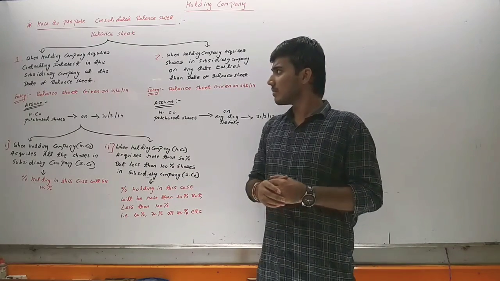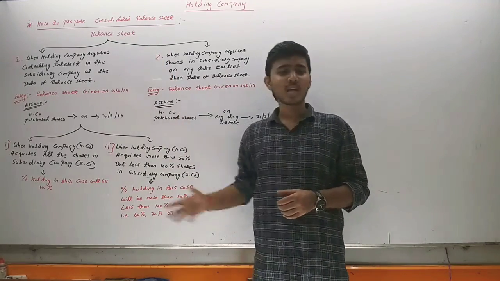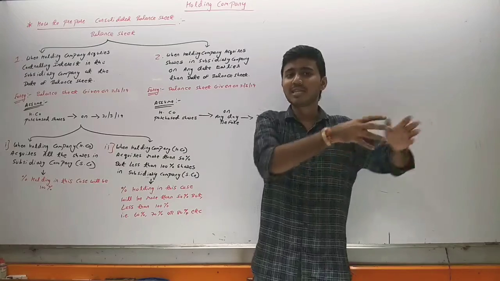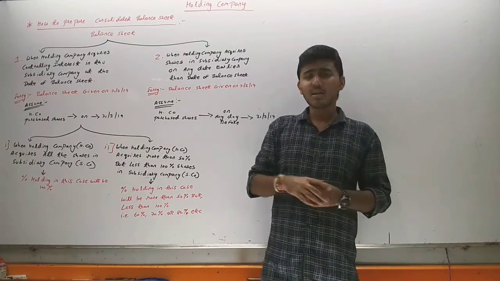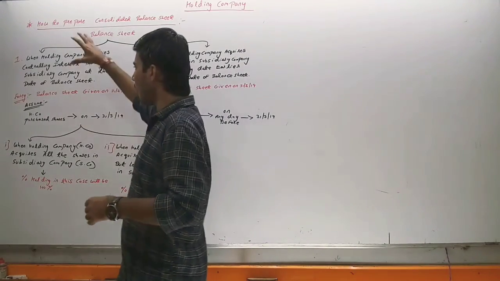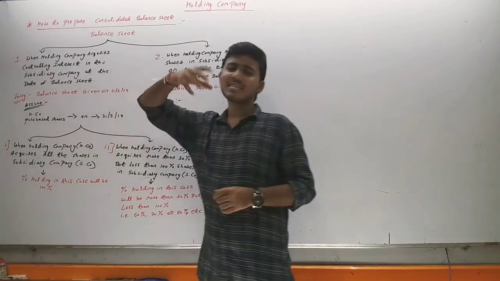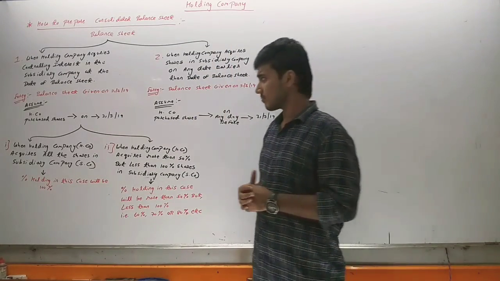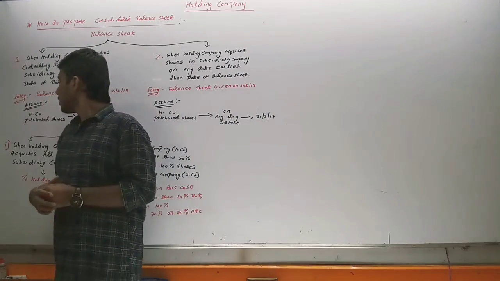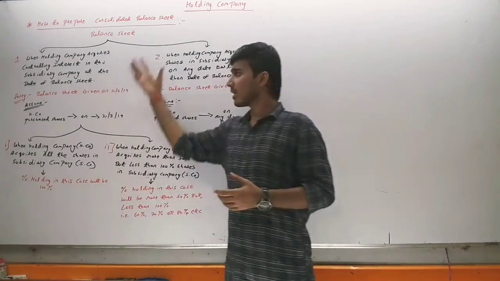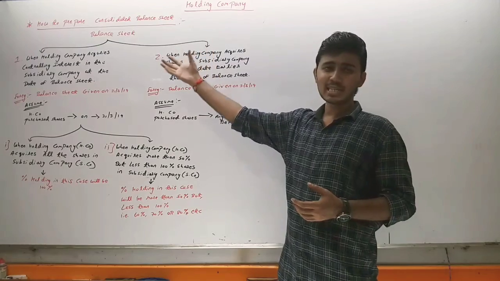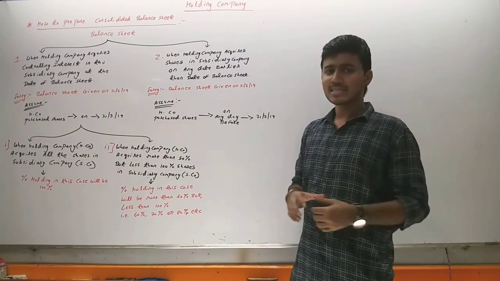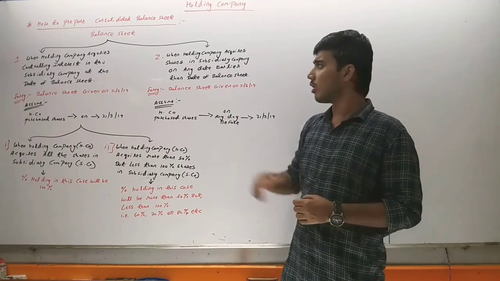For today's lecture, we have seen this topic, how many types of balance sheet we will see in the question. In the next lecture, we will see some examples of case number 1, and then we will see some examples of case number 2. So for today's lecture, that was it. Those who have not copied can copy how many cases we can see in the question, and in the next lecture we will see the further notes of holding company.